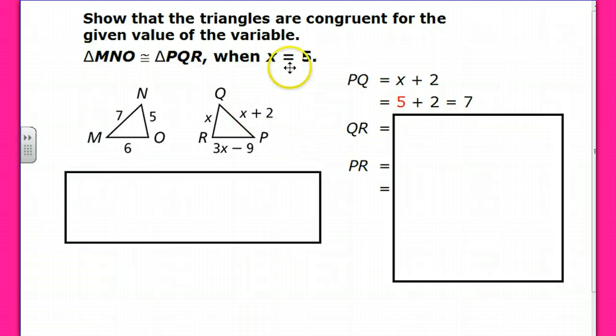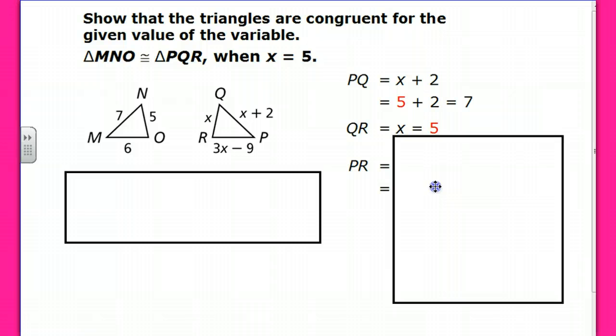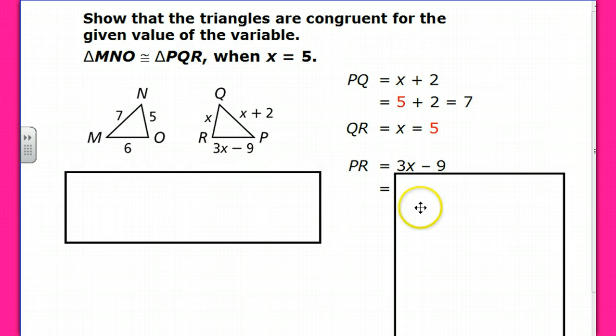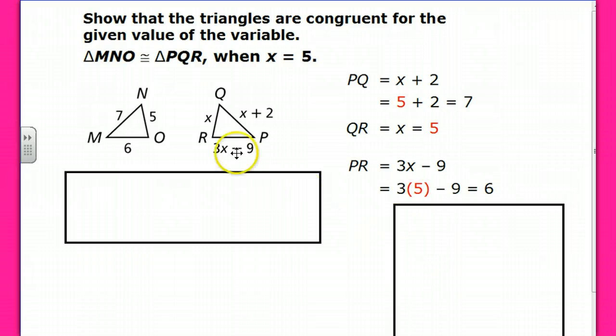All right? Now we're going to plug in the value of QR. QR, the expression is x, right? And x equals 5, so there we have QR equaling 5. And O equals 5 as well, right? So we have two sides that are the same length as two sides in this triangle. And finally, when we plug in 5 for the PR expression, we would have 15 minus 9, which is 6, right? And so we now have a third side, 6, that is congruent to this third side,